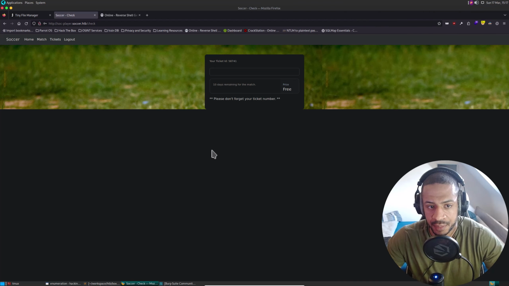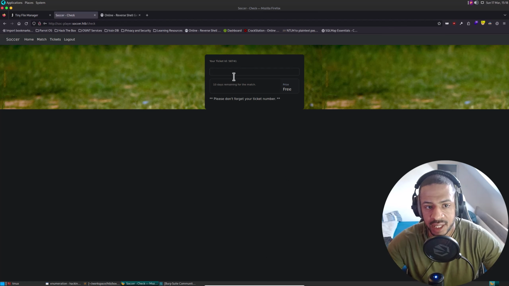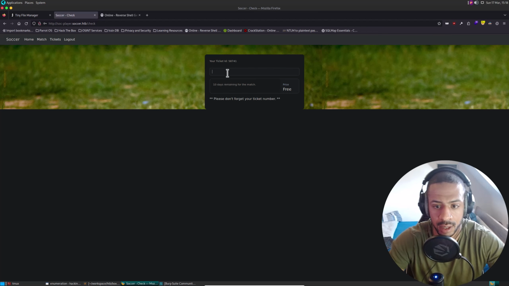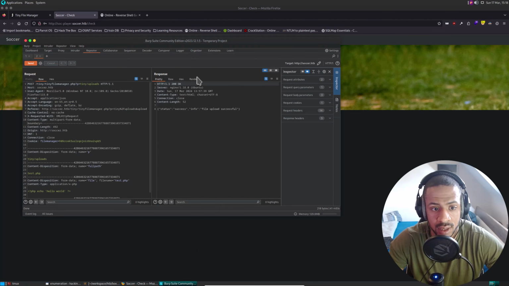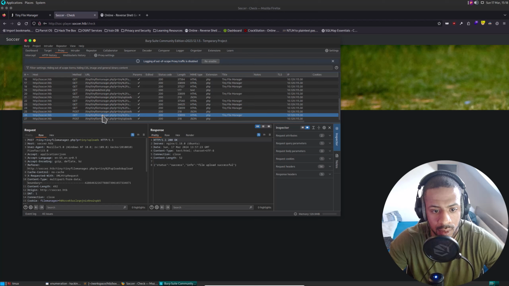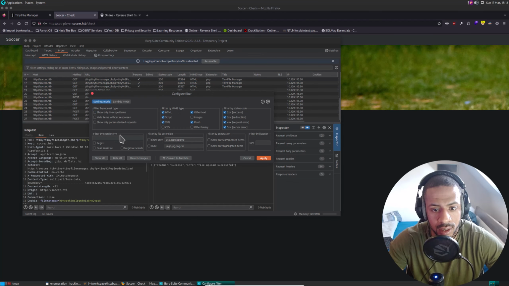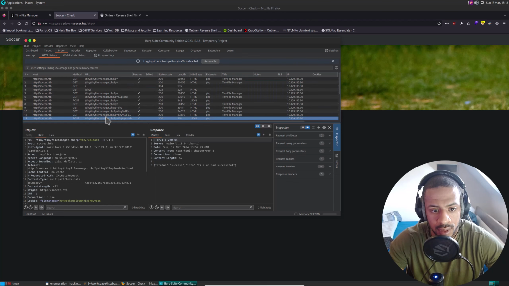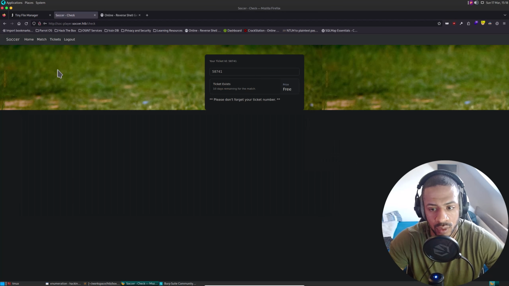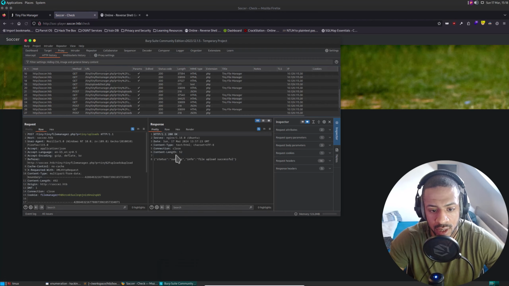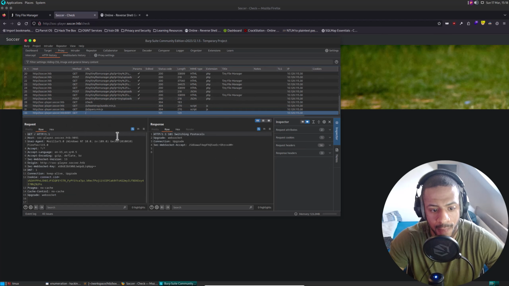And what do we have here? We have ticket ID. Okay. Ticket doesn't exist. My ticket is this. So that does exist. Let's go to burp. Oh! Wait. I have to do that again because this is no longer in the scope. Now I have to do all of that again. Wait, let me just refresh. Yes, okay.